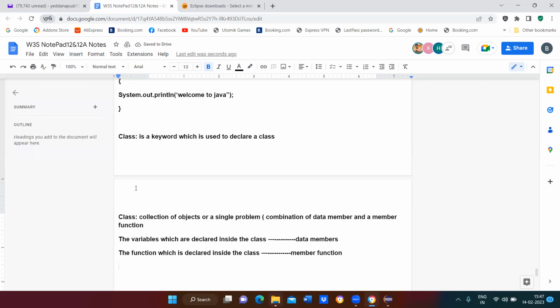So whatever variables you are declaring inside the class are called data members, and whatever functions we are going to create are called member functions.